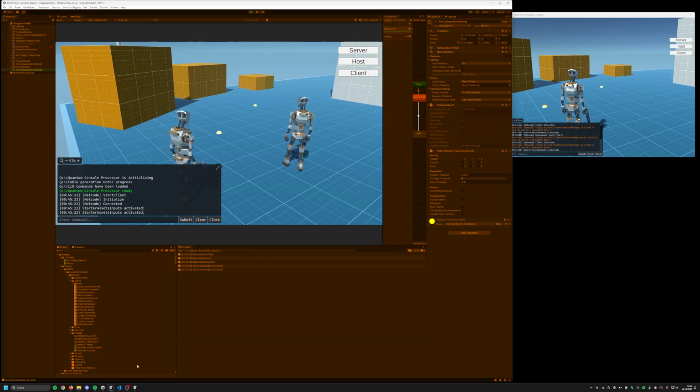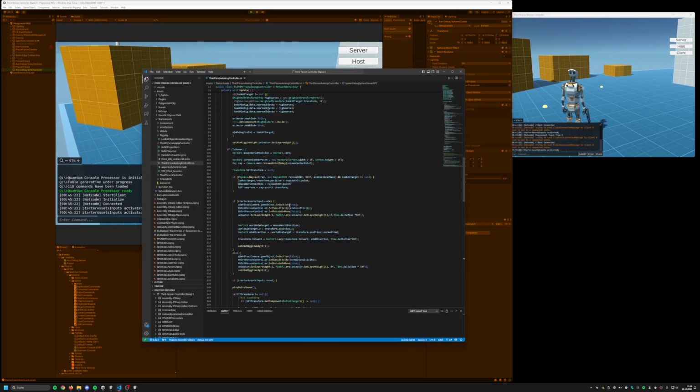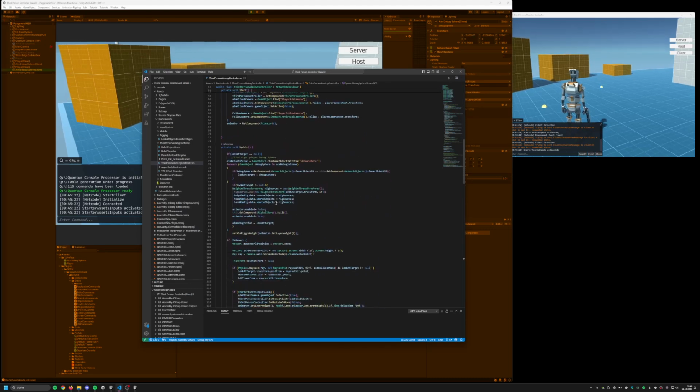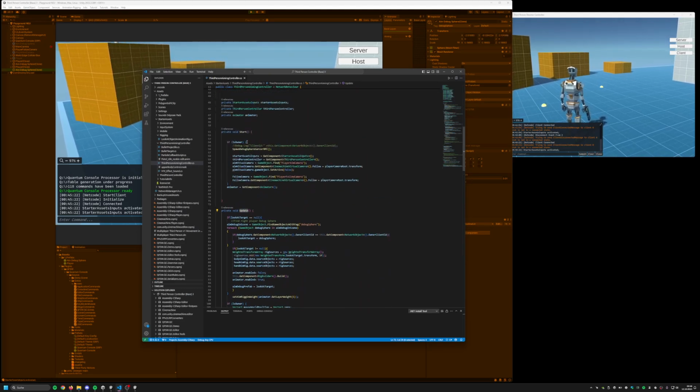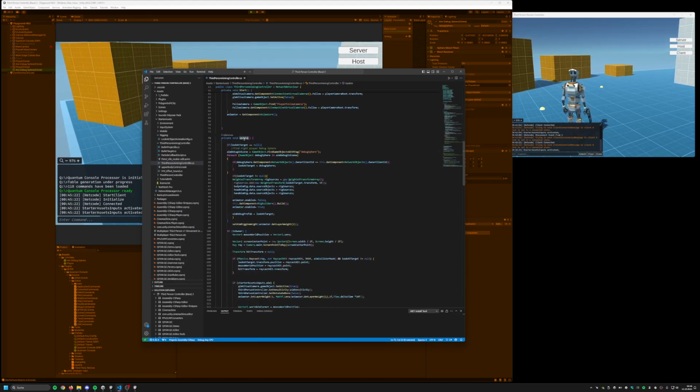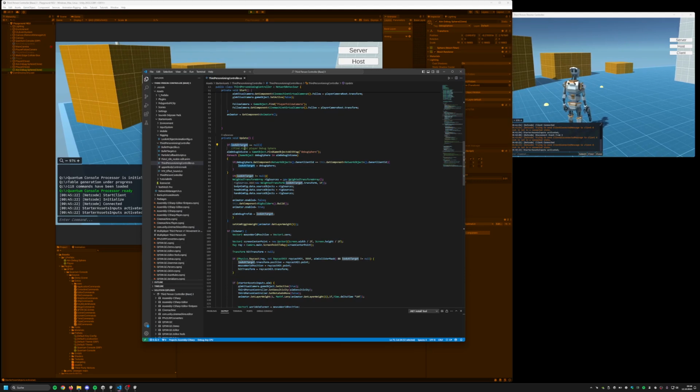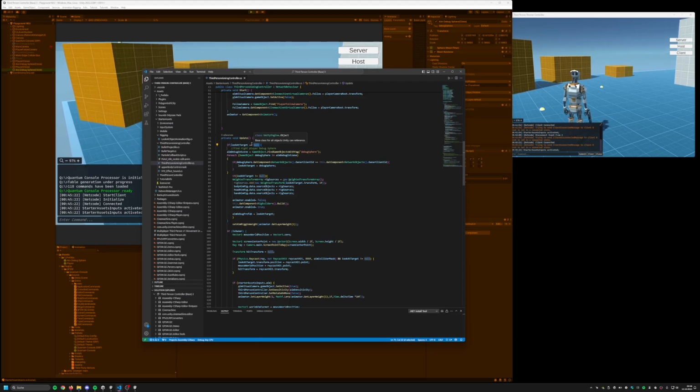And I did it by, let me show you. Here in the update method, because I first wanted to do it in the start method after spawning it, but the spawning takes some time, so you can't put it right here. So I made it in the update method. I'm looking at the look at target, which I want to set, and if it's not set yet,